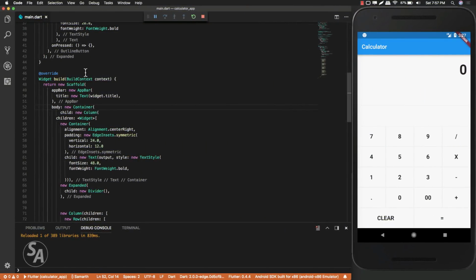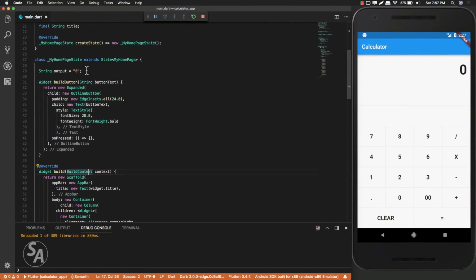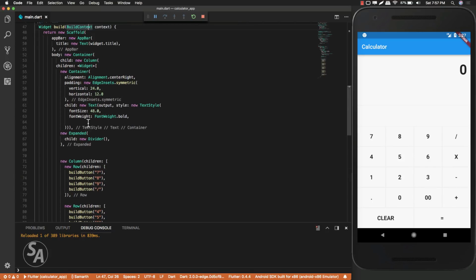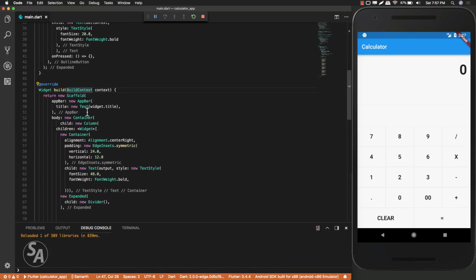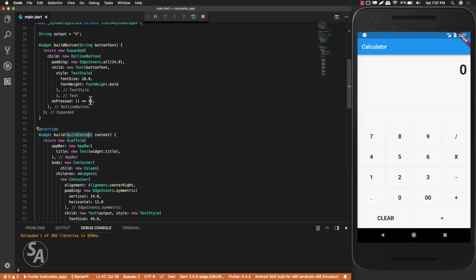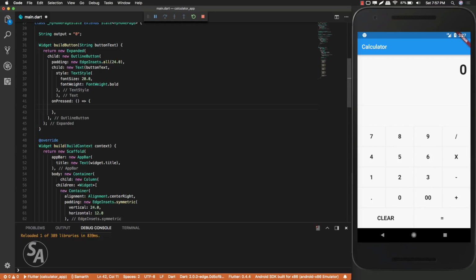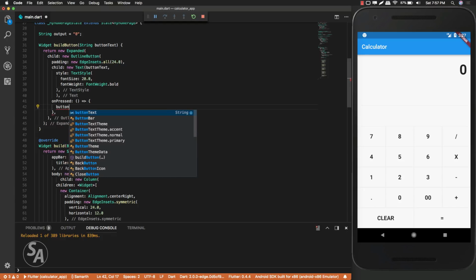So we are back. Now it's time to add some interactivity and make this calculator work. You can see that I have an onPressed event which takes in a function inside my button, and this is an onPressed which will be executed for every button on our calculator. So inside this function I can write the code that I want to be executed when the button is tapped. So what I'll do is create a function called buttonPressed, and I'll pass in the value of button text to this function,